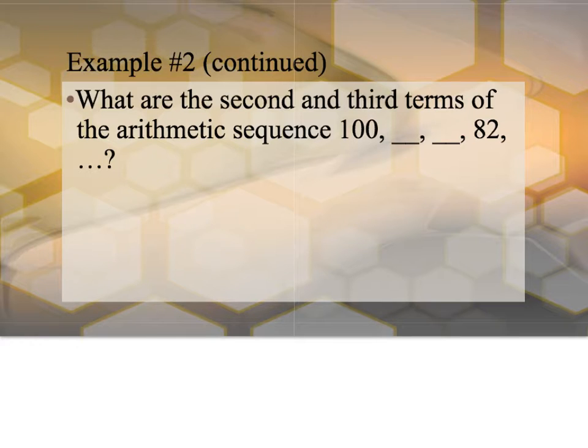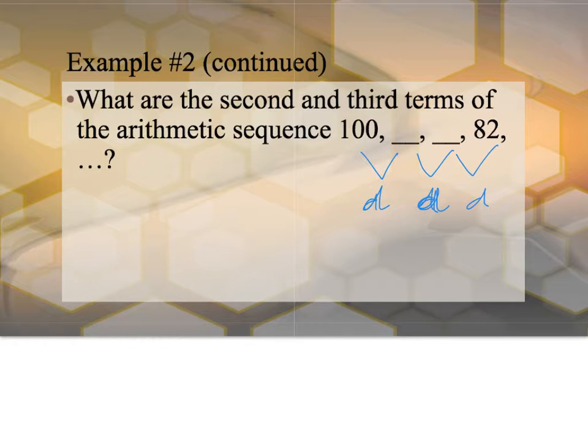So it says, what are the second and the third terms of the arithmetic sequence? So we have a sequence that's already formed. It told us that it's an arithmetic sequence, which is key information. But we need to be able to find what the second and third terms are. So what we have to assume, because they told us that this is an arithmetic sequence, is that the differences are all the same between the numbers. Whatever the differences are, we'll use D as the letter for difference, and they are all the same. So since that is the case,